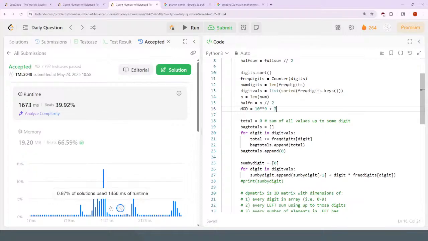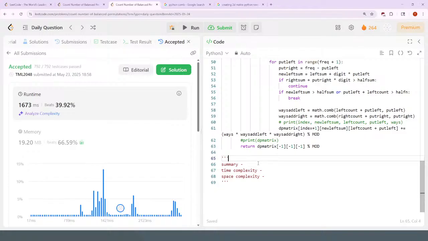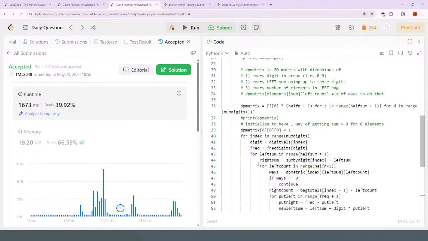40%. Yeah, I am not going to optimize this. I spent way too long on this. Whatever. All right, summary. I don't know if this summary is any good. I don't know if I explained any of this well, but